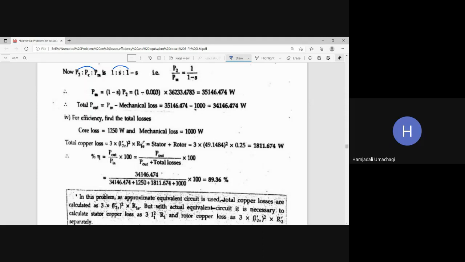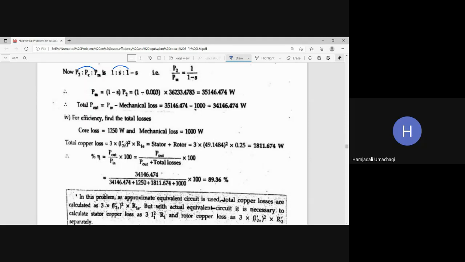So in order to club both those things, we should take R1E. R1E is nothing but the equivalent resistance of the induction motor referred to the stator side. It is already given. Okay, so 3 times I dash 2R square into R1E gives us total copper loss. Total copper loss means copper loss of stator along with rotor, that is nothing but stator plus rotor copper loss.